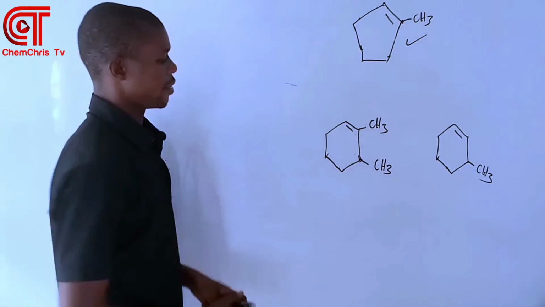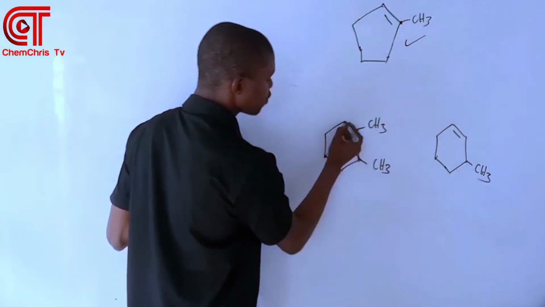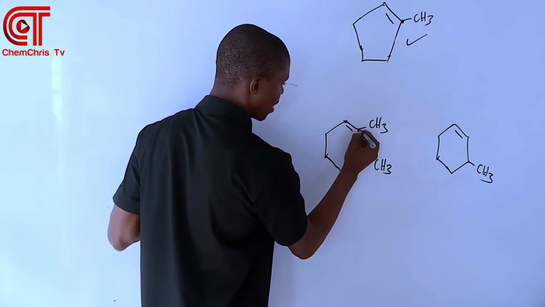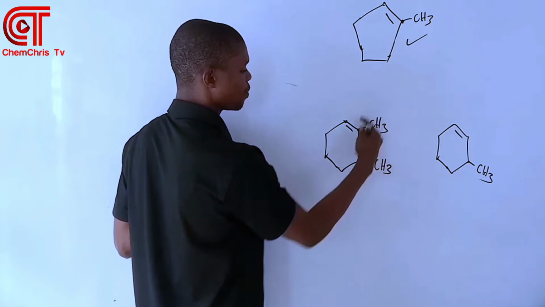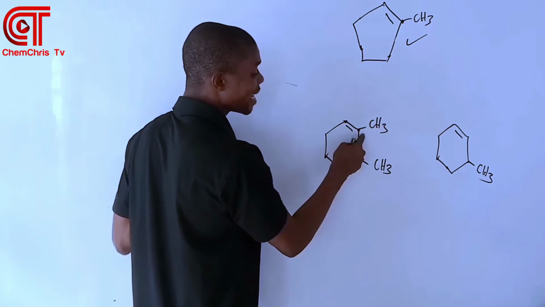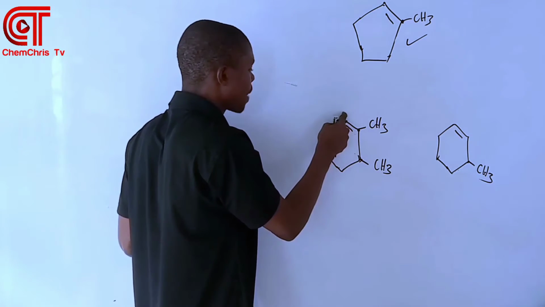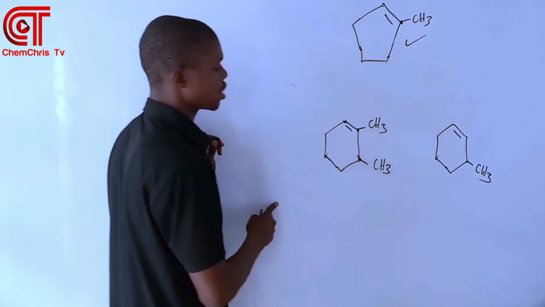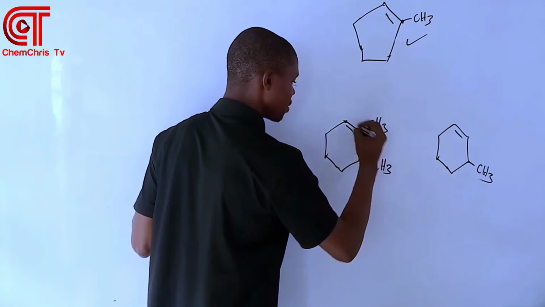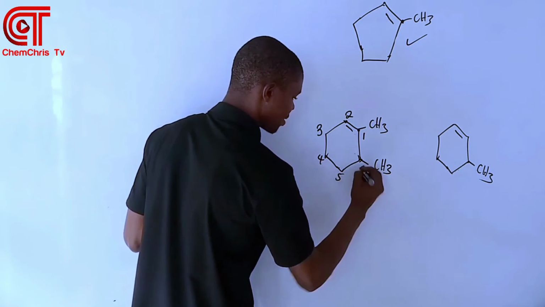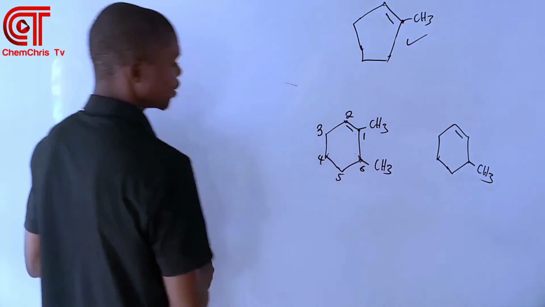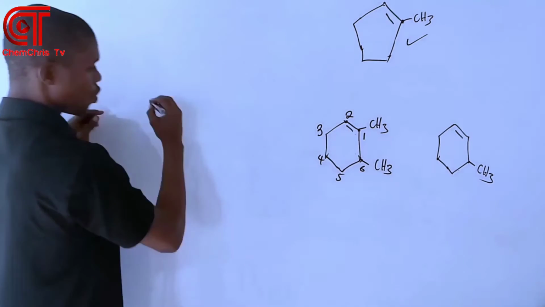Now let's look at this other one here. Now these 2 points can be my carbon 1, right? However, this point is already carrying a methyl group, right? It's a substituent. But technically this one is already my carbon 1. So this one cannot be my carbon 1 when there is a substituent here. So here it's going to be 1, 2, 3, 4, 5, and 6. You get. So now the name is going to be